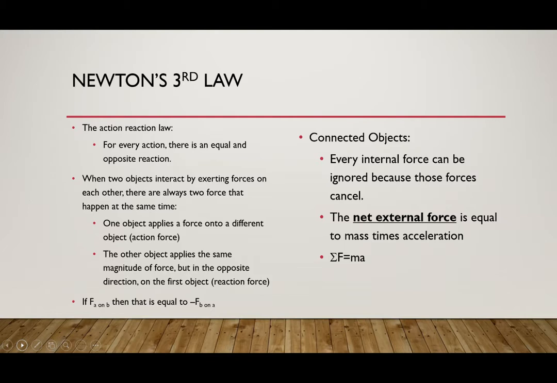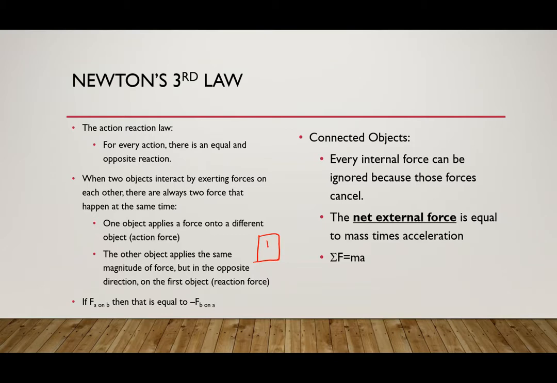When you have two objects that are going to interact by exerting forces on each other, you're always going to have two forces that happen at the same exact time. One object applies a force onto a different object. That's the action force. The other object applies the same magnitude of force, but in the opposite direction on the first object. So for example, if I have